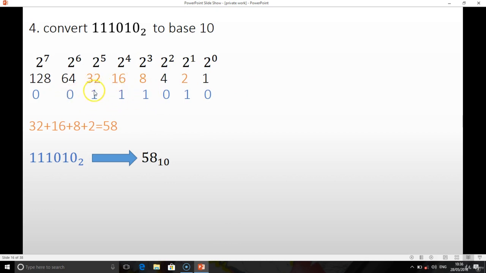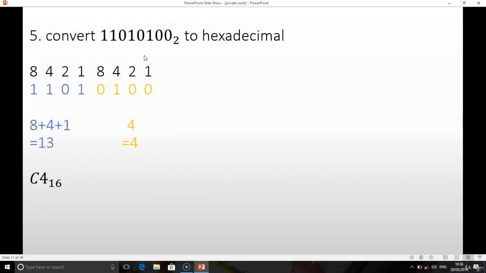Then the ones we're having 1, we just asterisk them: 32, 16, 8, which is in red color now, and 2. So you have to sum them together. The value it will give you will be the base 10 of this binary. We sum 32 plus 16 plus 8 plus 2 to give 58. So converting this now gives 58.